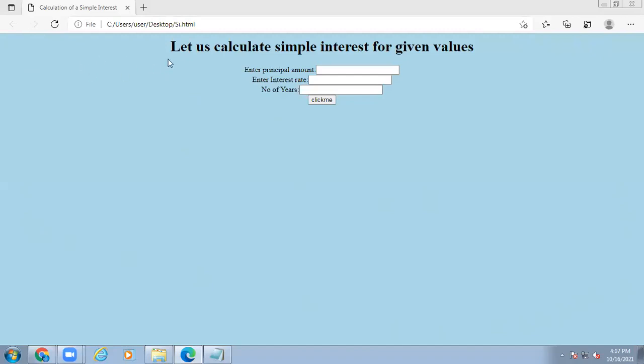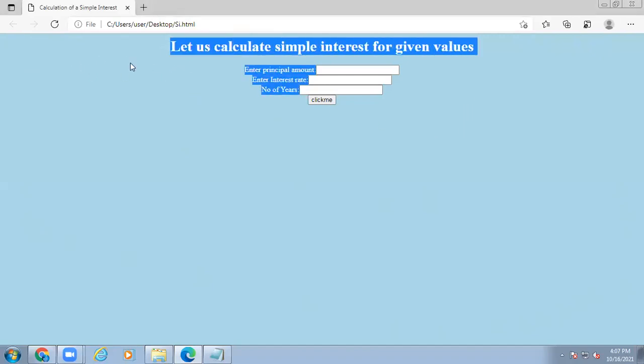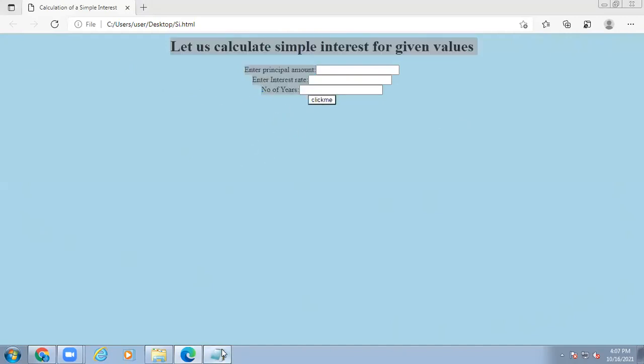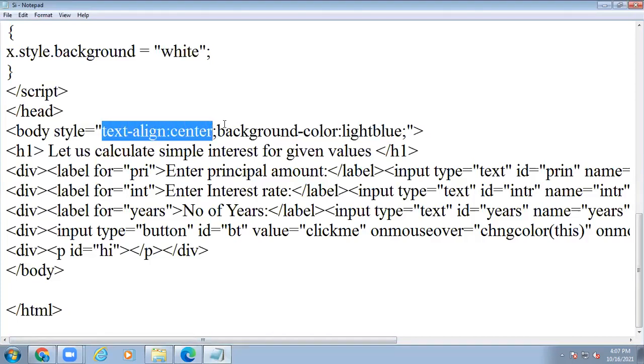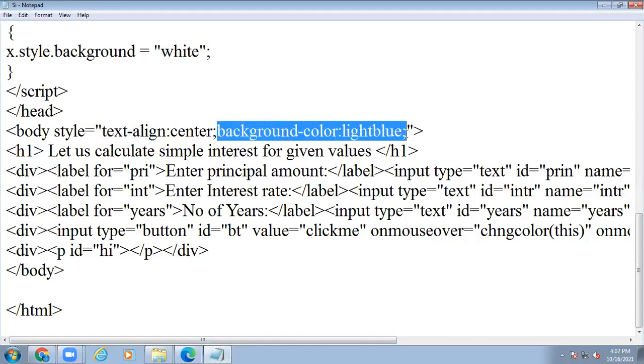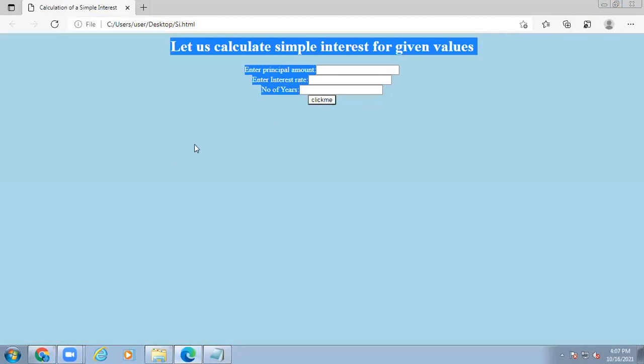In that web page, you have to represent what elements you are using. All these text you have to represent as a center. So here text-align equal to center, so this one center will be assigned. Then background-color light blue. So whenever you give this property, automatically the color is displayed as light blue. Okay, clear? Yes, sir, these two properties we have to apply using the style.